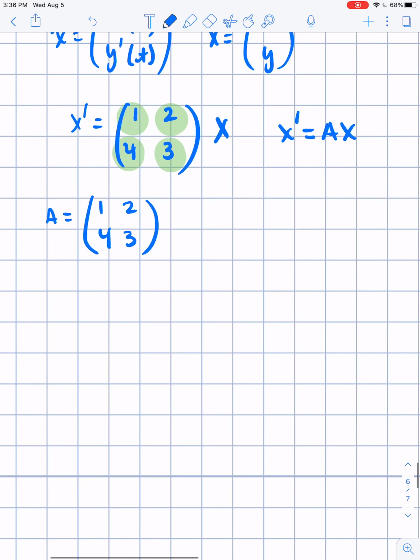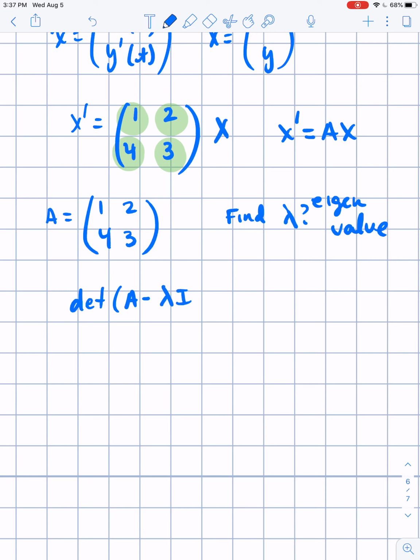So a couple things we want to do. The first thing we want to do is find lambda. Okay, this is an eigenvalue, they call it, eigenvalue. We're looking for those first. Okay, so in order to do that, what we want to do is take the determinant of A minus lambda times the identity